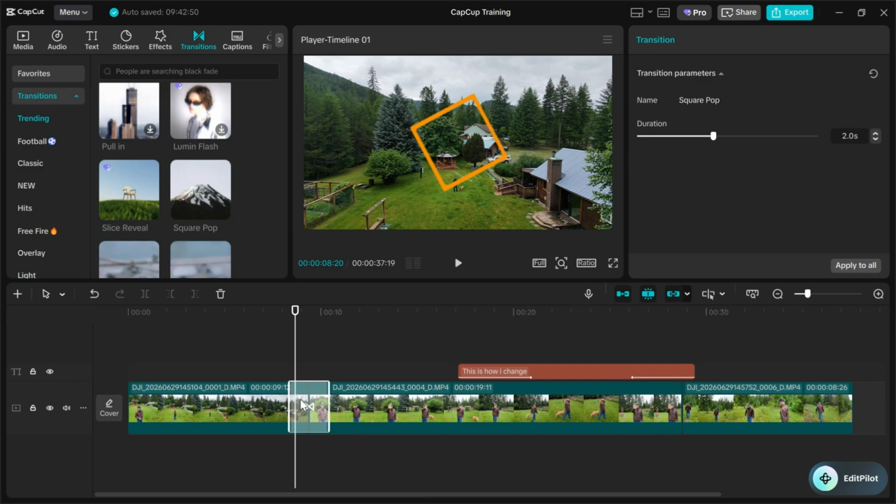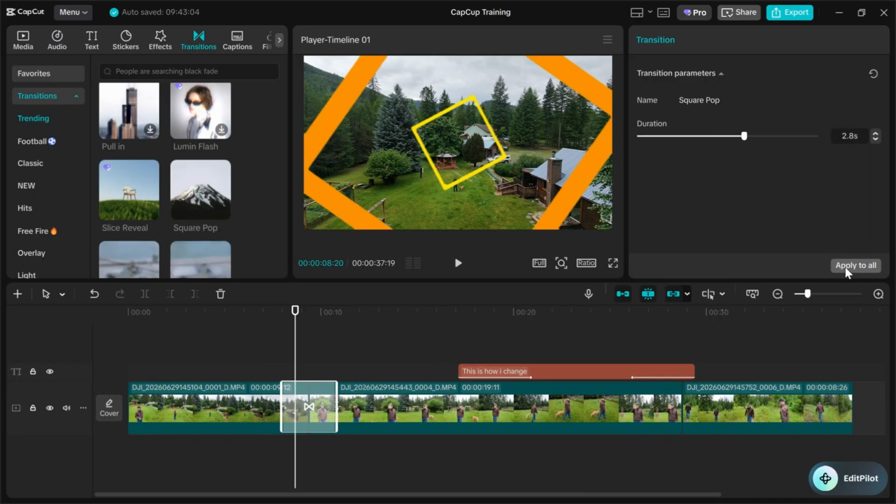See how it highlights that? Now to save you time, once that's highlighted, you can go up here. It shows your parameters for that transition. You can set how long it's going to take for that transition to take place. And if you click on apply to all, it puts that same transition in between each one of your